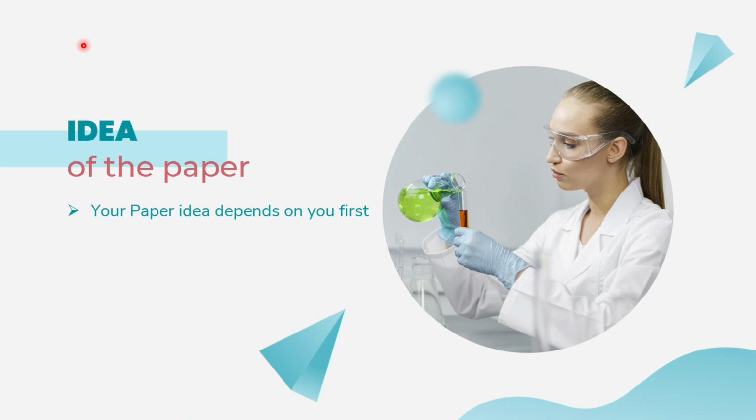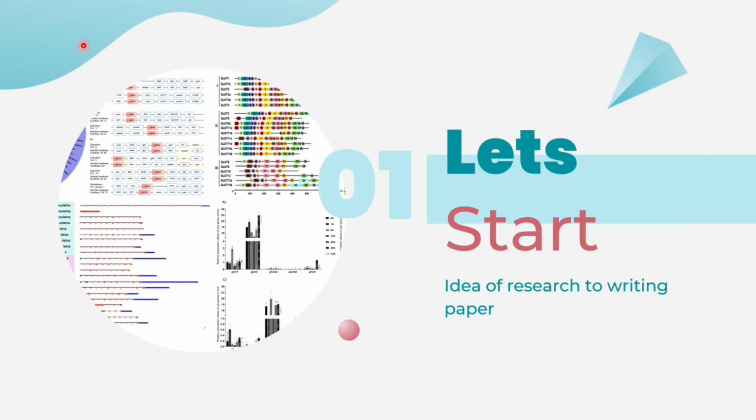So you should have the idea of this paper. Your idea of the paper totally depends on you. For example, if you are going to do a paper on genome-wide identification, first you have to identify which family you are choosing. You should have an idea why you are doing this research paper, because I gave you the idea of how to pick up a family. If you're doing this paper, you should have answered which family you are going for, and which plant you are using as well.